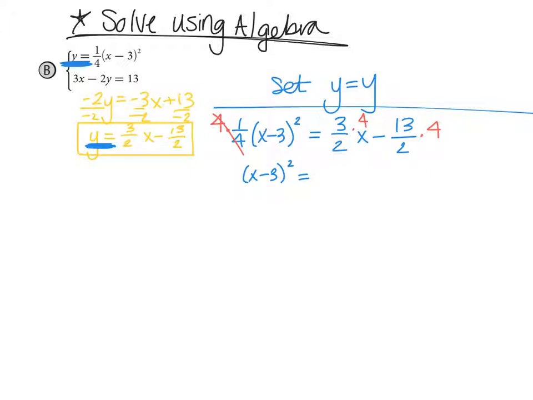So 3 times 4 is 12, and 12 divided by 2 is going to be 6, so that's 6x. And then 13 times 4, that's 52 if anybody plays cards. And then divided by 2 is going to be 26, so this is minus 26. Now, one thing that's really kind of obnoxious right here is you've got this x squared over here and